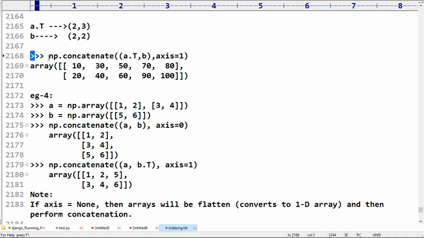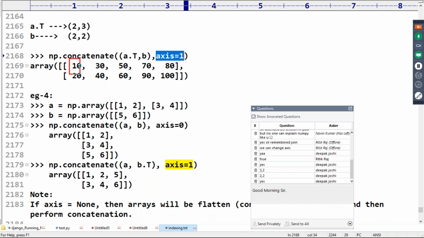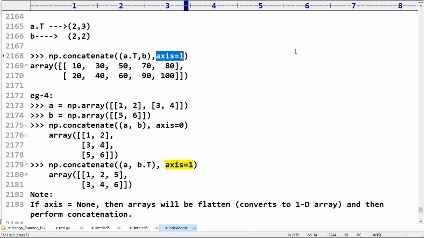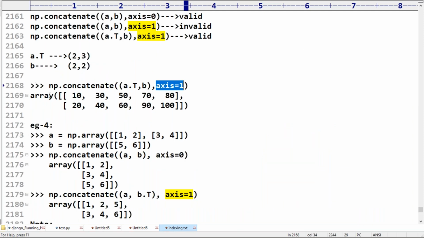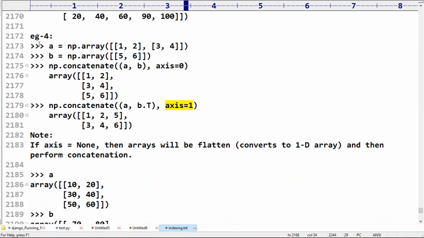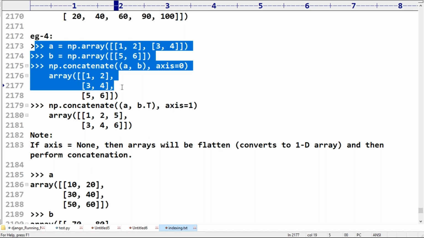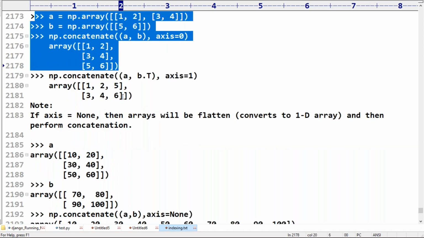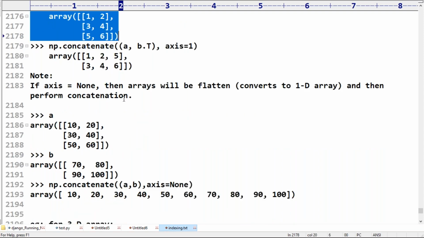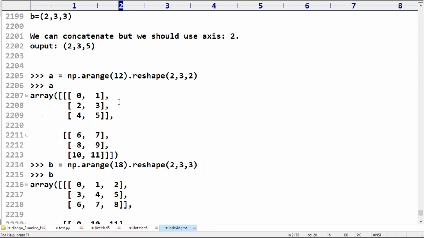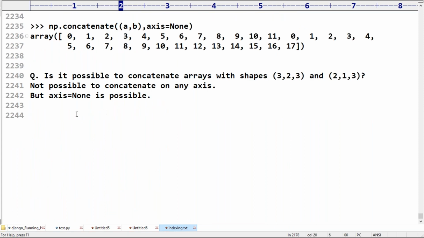Here, can you please concatenate along the x-axis? Axis 1 means columns. Have you observed 10, 20, 10, 20, 30, 40? We discussed this type of thing already. Is any explanation required about this one? Can you please confirm? Like we discussed already in the last session, even for 3D arrays, concatenation we covered very clearly, right?